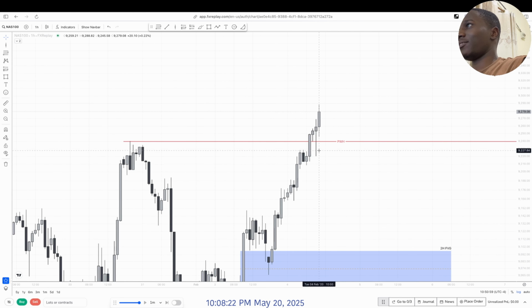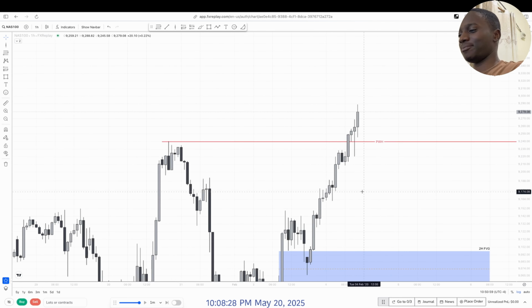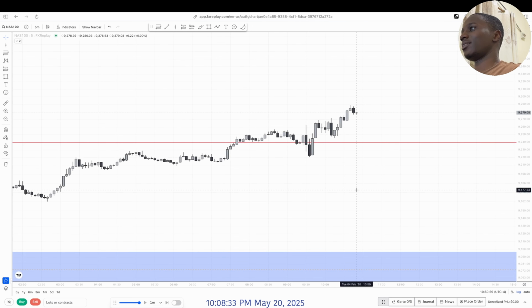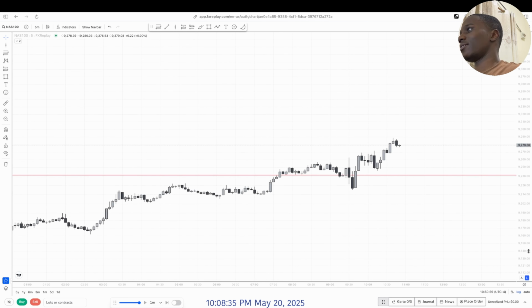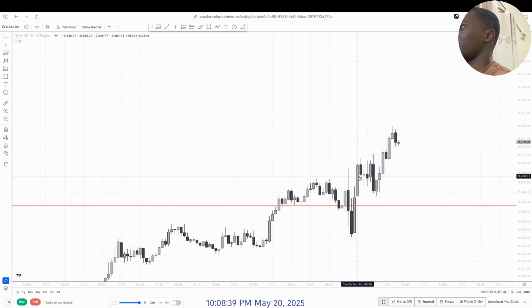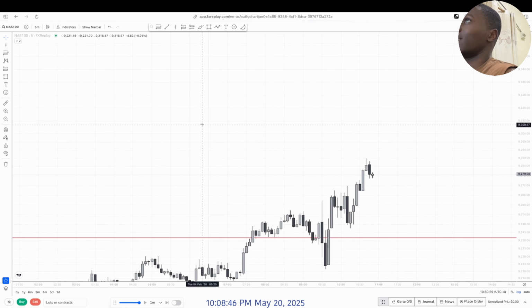This is looking clean. Fair value gap retest right here. And this price action was really clean. Anyways, let's see if we'll get an entry in New York session in this day. So we got our first presented fair value gap retest right here. We got another fair value gap retest right there. So should we enter? Yeah, why not?